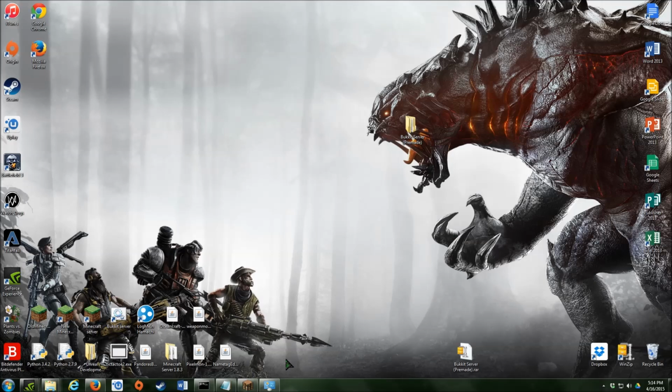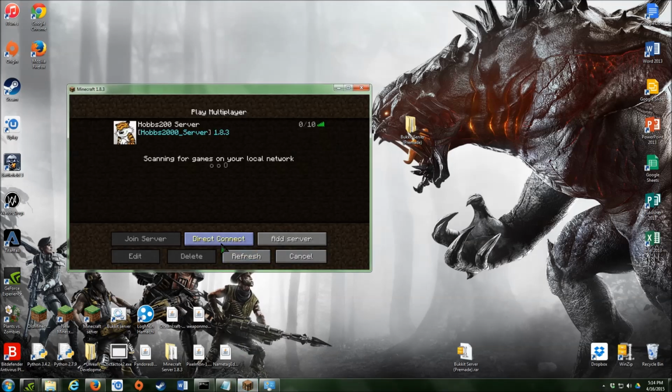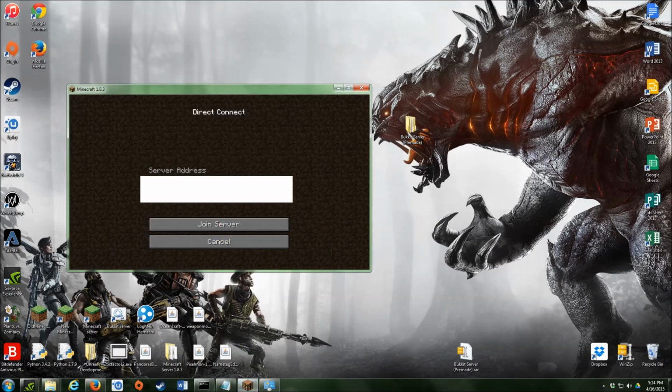you want to minimize this, go back into Minecraft, do direct connect, now put in that public IP address. Again, that is your public IP address. Do not give that out to anybody you really don't trust, because that can be used for malicious things against your network. So right now you will not be able to see this, but just put in that